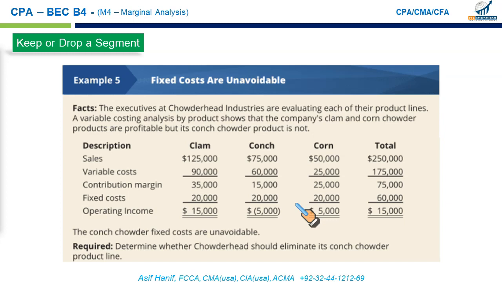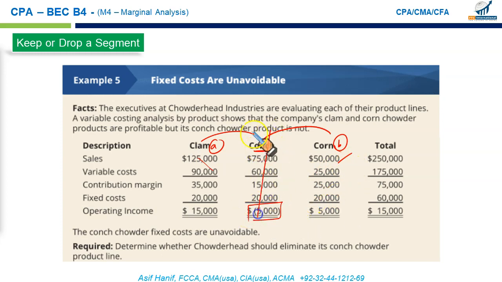Now there are some strategic factors that must be considered before we go for the final decision. The first point to consider is that maybe conch is a complementary product that sells with corn or clam, because there may be some positive correlation between conch and any of these items. So this must be seen. Sometimes we sell an item at a loss because it is correlated positively with other items, so their sale would compensate for the loss. This is an important point.